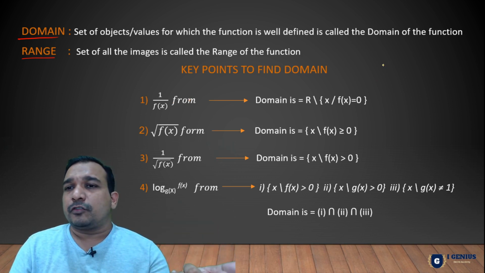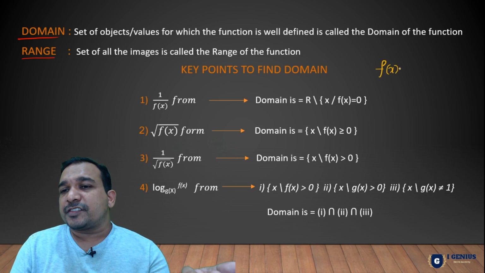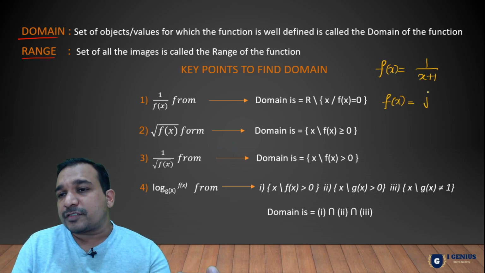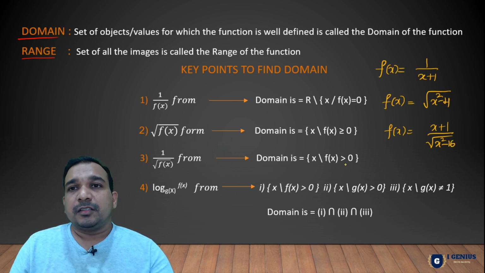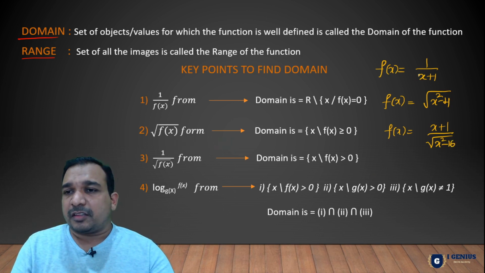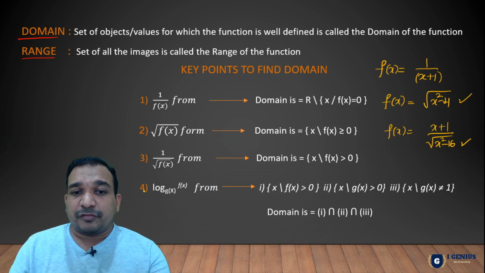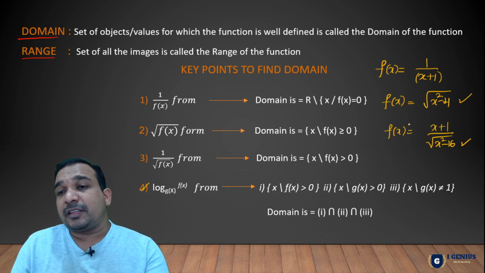For example, f of x is equal to 1 by x plus 1, or f of x is equal to square root of x square minus 4, or f of x is equal to x plus 1 by square root of x square minus 16. So if functions are given like this, where the denominator is given, the numerator is with the square root, where the denominator is with the square root, or a logarithm function, then he will not mention